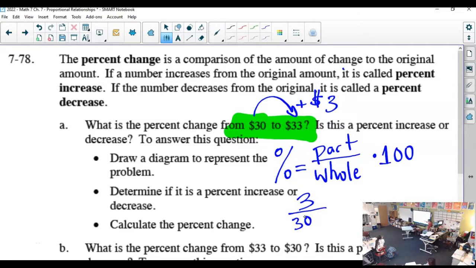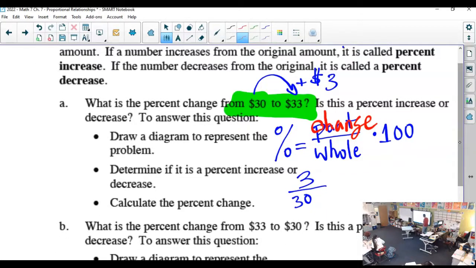Change over original is really what we're doing. Write this down if you don't have it written down yet. So our part here in this problem is really change. And then whole is really original. So I think what we're going to be able to say,